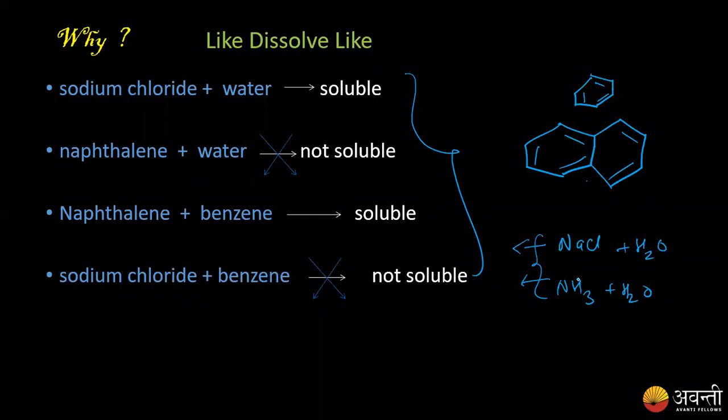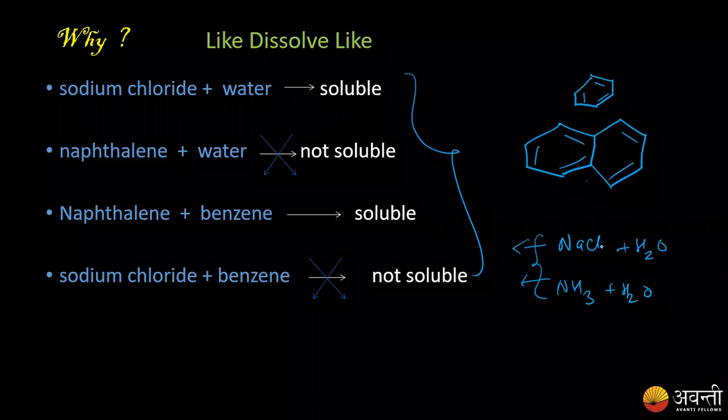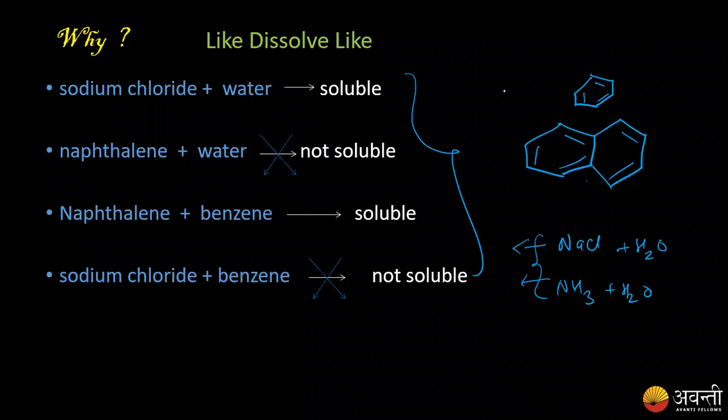And the polarity is lower. That is the nature of solute affecting the solubility. Although both are polar here, the solubility can still be affected by the nature. If highly polar, solubility will be higher. Low polar means solubility will be low. So that's how the nature of solute and solvent affect solubility.